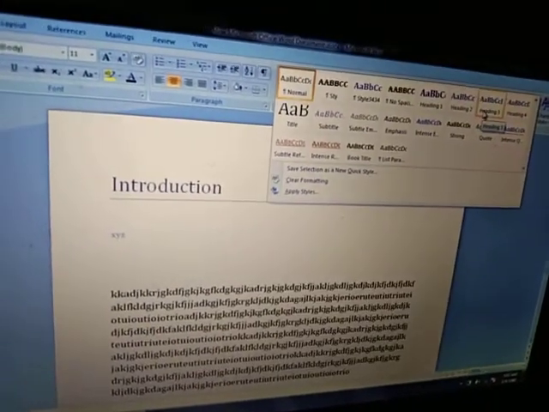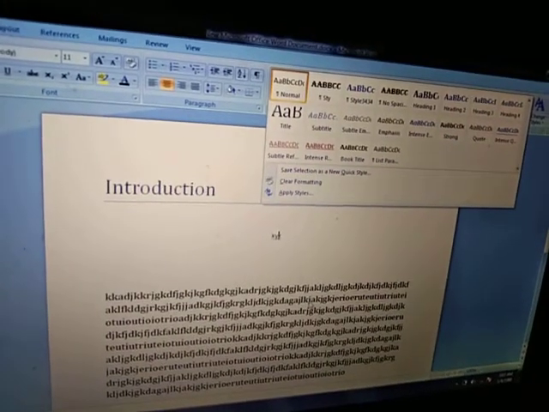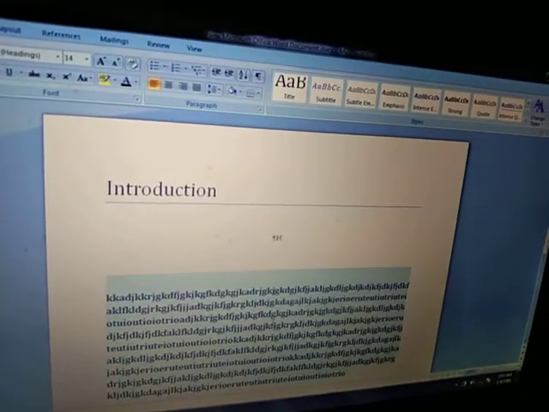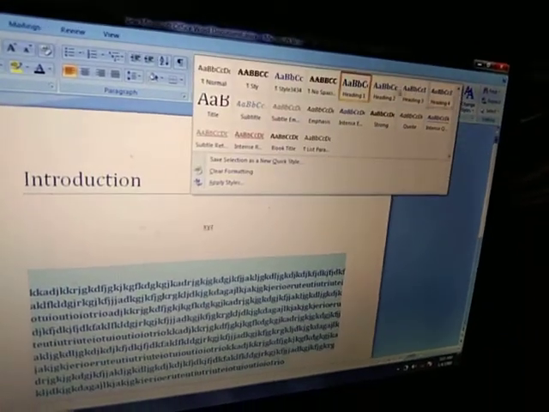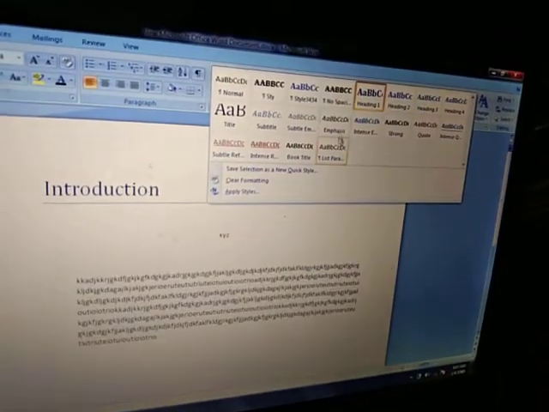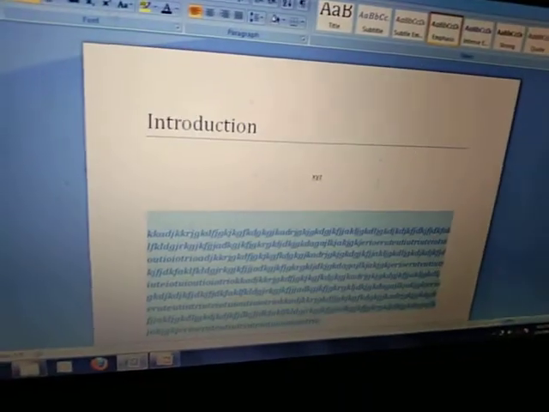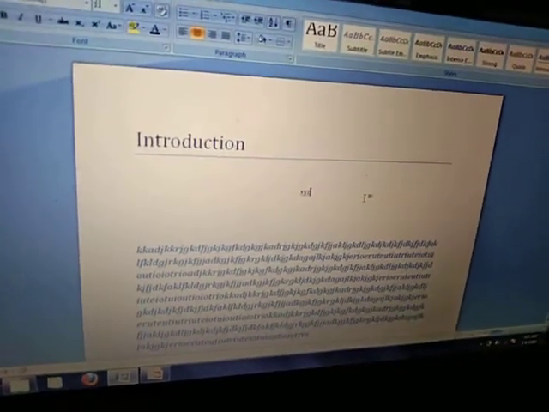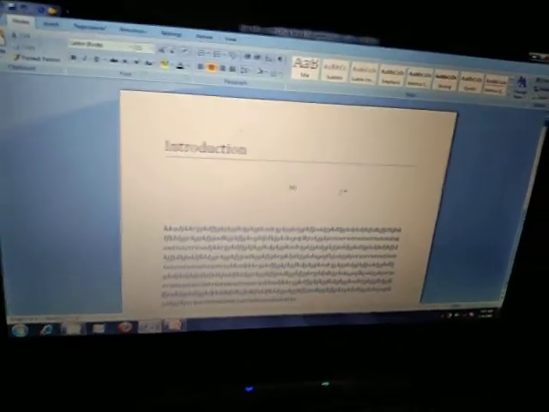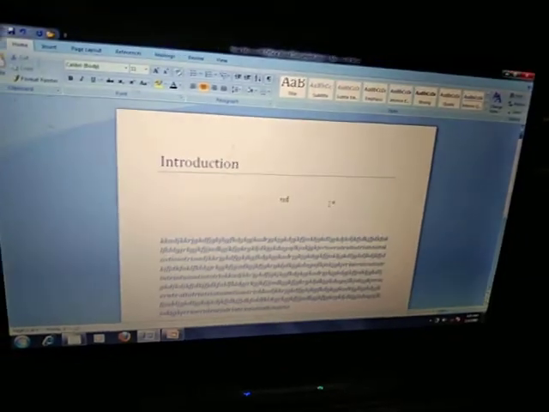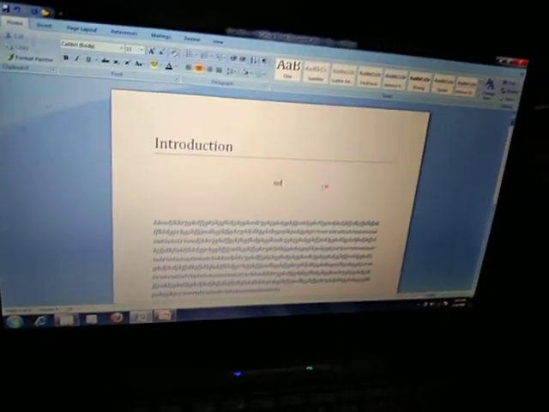It means if I want to apply something on this paragraph, first select the paragraph and then click here, you will select the style, and from here you will select any style. I am clicking on this one. Done. So it means that if you want to apply these font and all these options, for this we click on this style option.